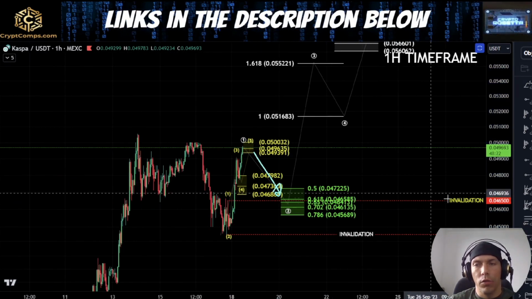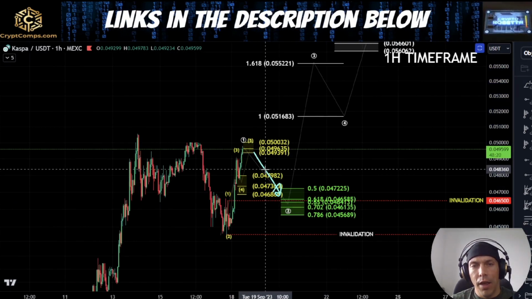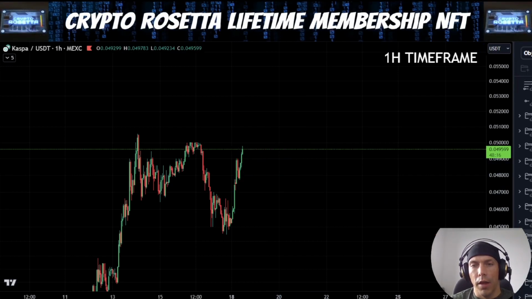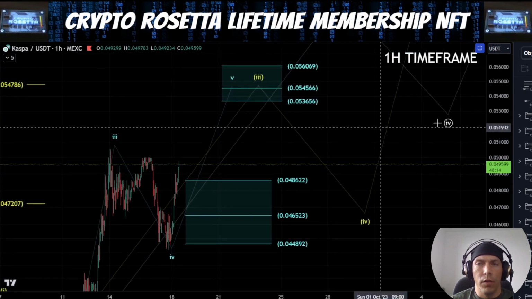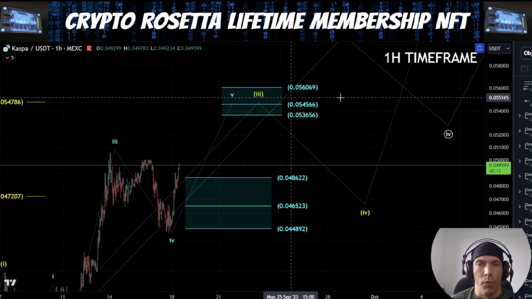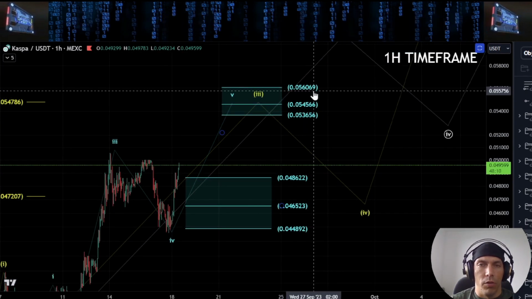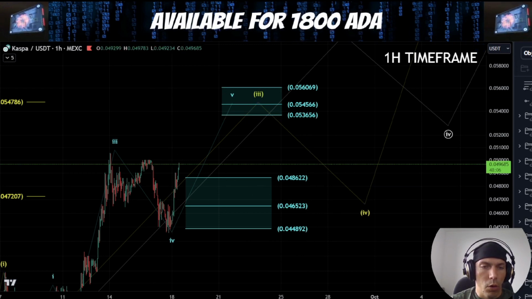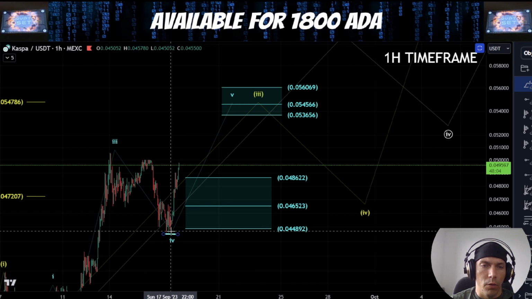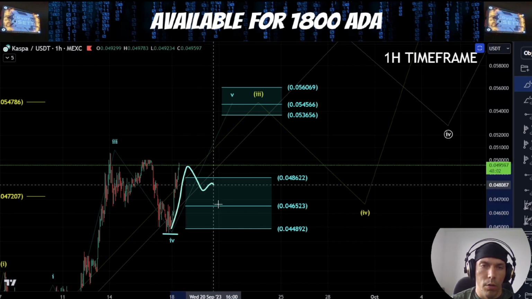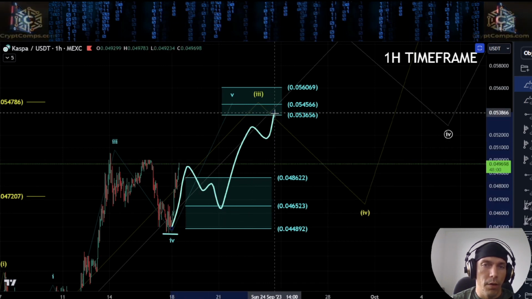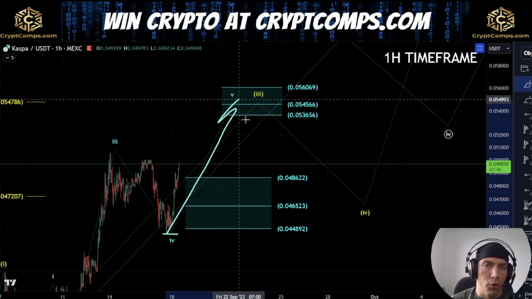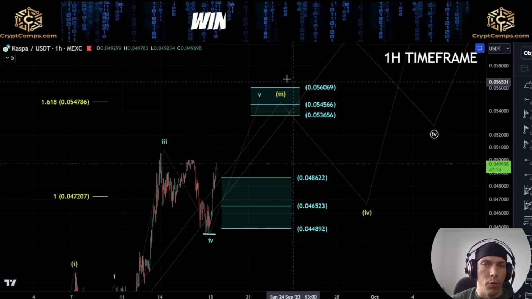Now, this would actually look to potentially push us up directly into that target area. So we're going to have to just watch the zone here and see how it reacts. Like I said, this is the area that we typically look for as a fifth wave, 56069 to this 53656. So if we do continue to hold this low, I'm going to be looking out for whether we get this as 1, 2, 3, 4, and 5, and then move up into this zone. Or alternatively, we just see a direct push up into this zone.